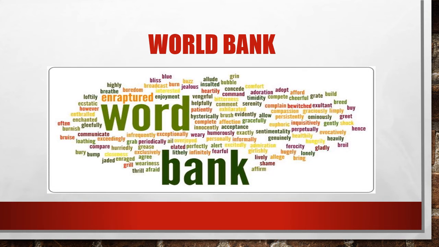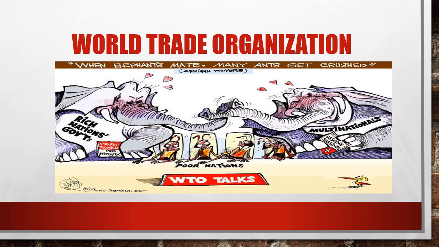The World Bank helped countries improve their access to developed country markets and enhance their participation in the global economy. The World Trade Organization, which was founded in 1995 and is located in Geneva, Switzerland, has about 160 countries as members. The World Trade Organization is the only global international organization dealing with the rules of trade between nations. The WTO's goal is to ensure that trade flows as smoothly as possible.